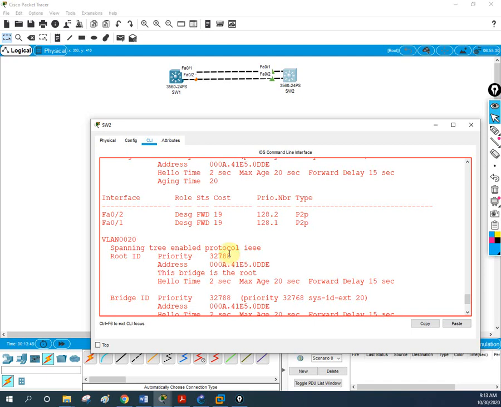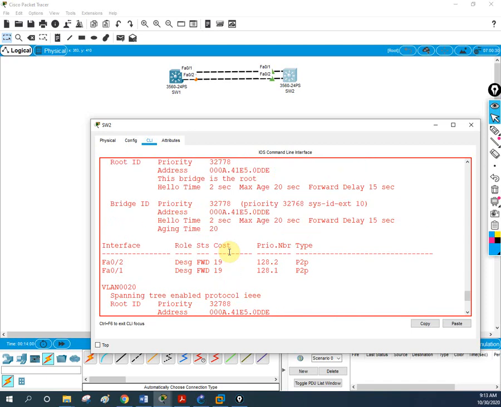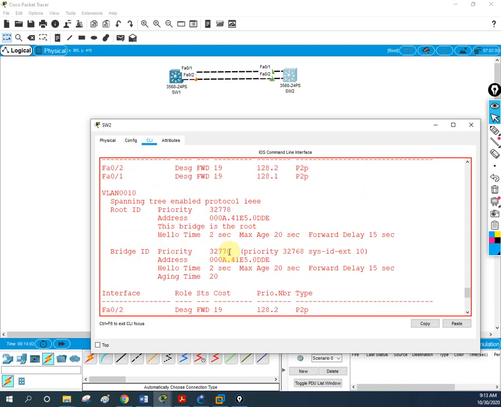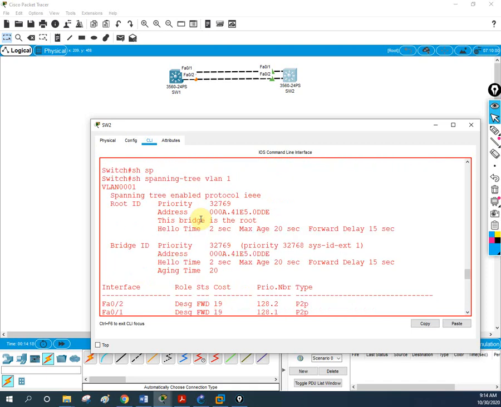So now if you see here, we have three different spanning trees working, for VLAN 1, VLAN 10 and VLAN 20. So in total we have 3. This is a spanning tree per VLAN. As we are saying, PVST+ is nothing but per-VLAN spanning tree. In a simple way, you can say when you create multiple VLANs, you will have multiple spanning trees running on the switch. And this is the proof. You can check by writing show spanning-tree.